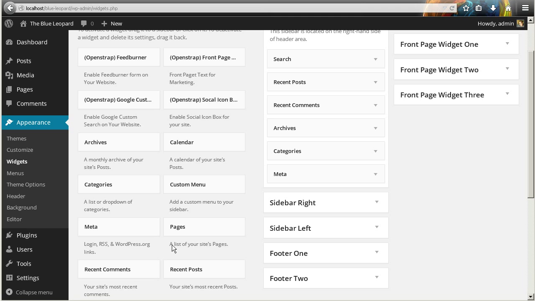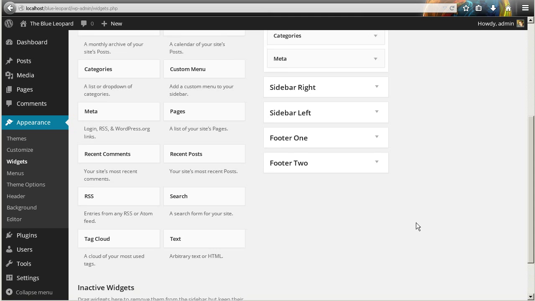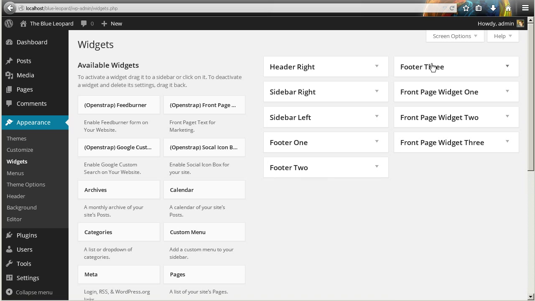So one sidebar widget that I think is incredibly helpful is down here, this little text widget, which allows us to add arbitrary text, or if we want HTML, we could do whatever we want using HTML and add it to that sidebar. So I'm going to scroll up over here and collapse this header right area that's been pulled down. I'm going to collapse that so we can see all of our different widget areas, and the different